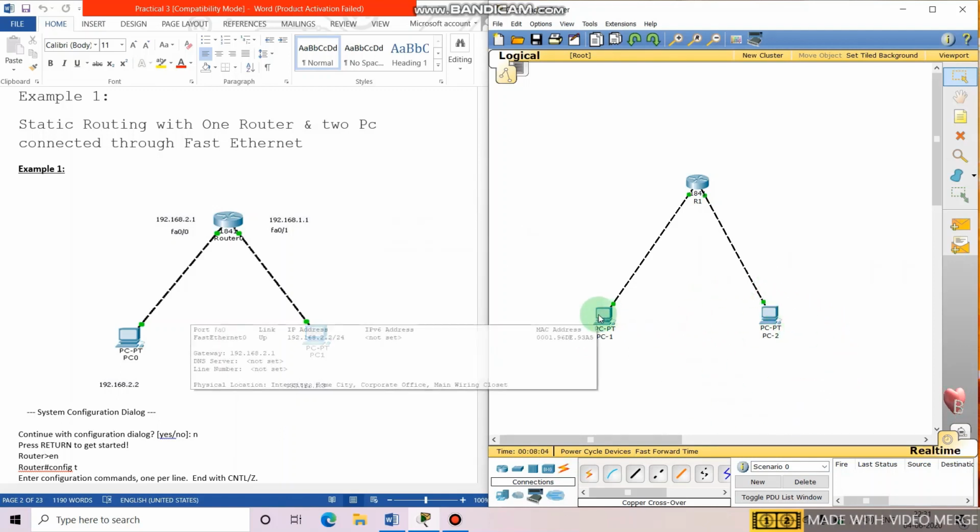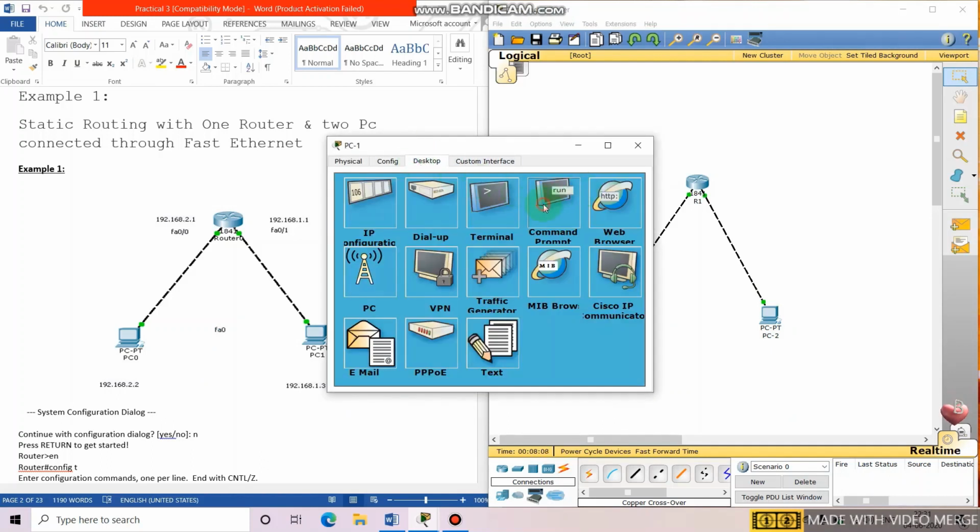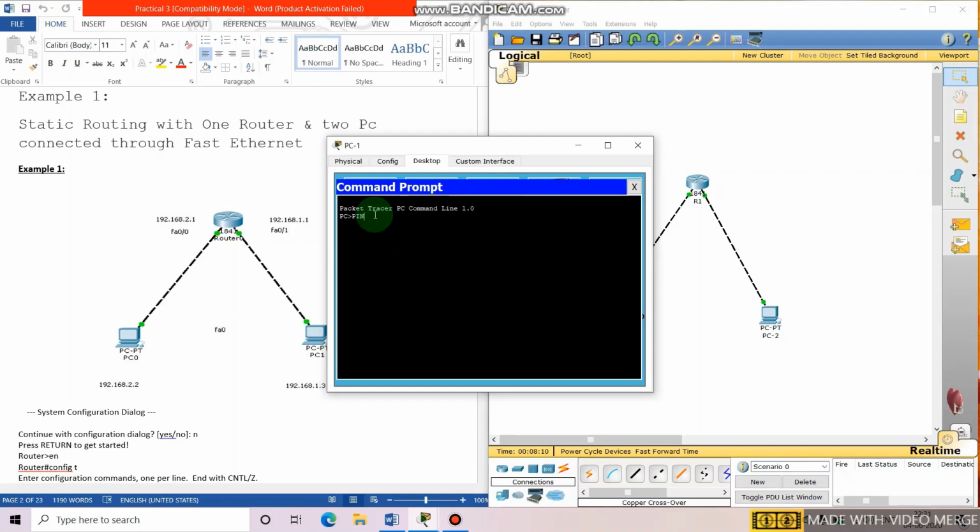For that, you have to go into PC1, go into the Desktop tab, go into the command prompt and use the command ping, and then the address of PC2, for which you have to check whether it is reachable from this particular PC or not.